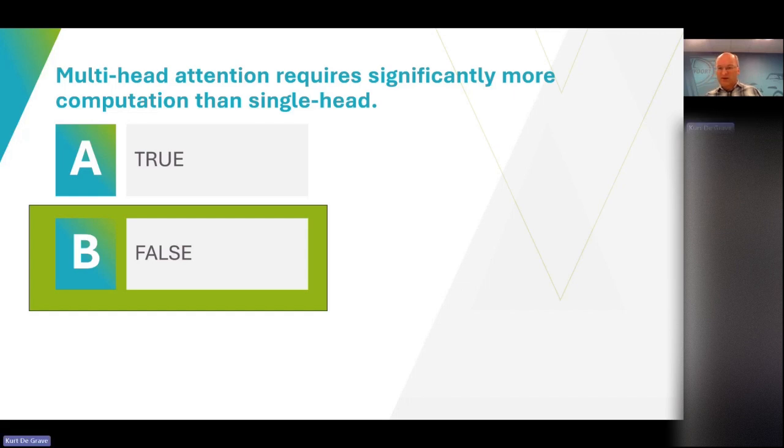Okay, let's close it. So this is false. It requires a bit more computation, but recall that we split our embedding vector over the multiple heads. So each head has to do proportionally less work because it's all vector and matrix multiplications.